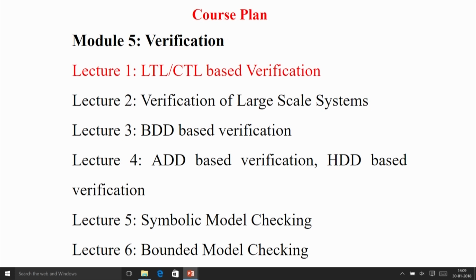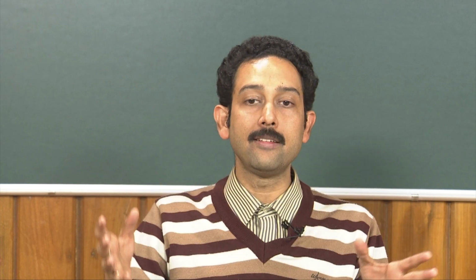Maybe one path in the state based model can have 2 million states in that path, but maybe you do not want to model check that long. We want to just find out if any bugs exist or whether your property is verifiable within the first 3 steps. So we can put a bound on what depth or up to what path length we have to search. So these steps are basically for trying to use model checking for large systems,